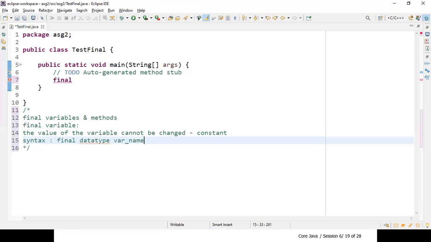Now remember, when you talk about the final variable, it's better you initialize some value for the final variables. Why I'm supposed to put a value is, if I'm not placing any value, then it doesn't make sense to use a final variable, because final variable values cannot be modified later. That means without any value, using a final variable is of no use.